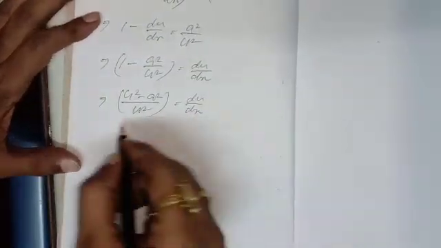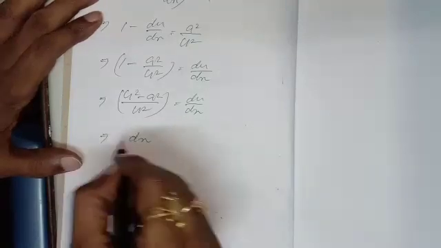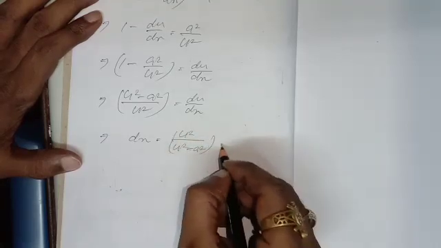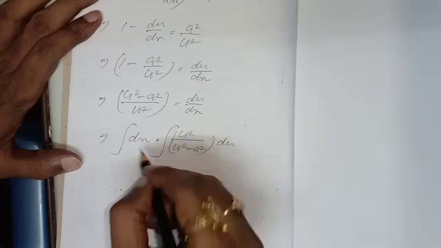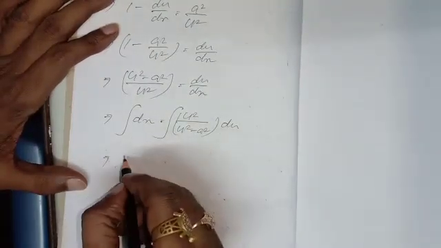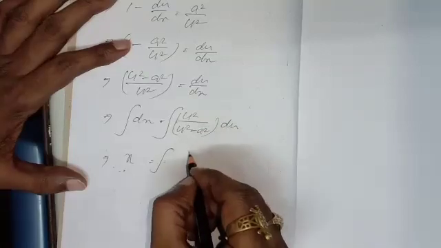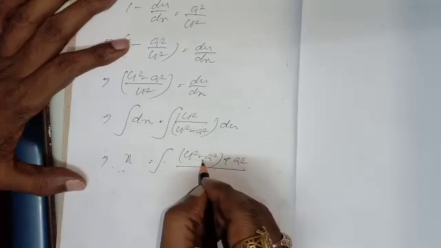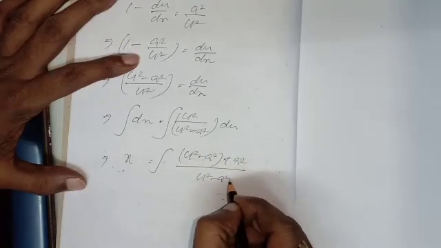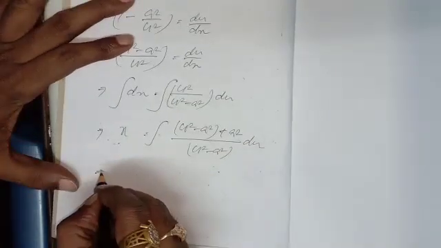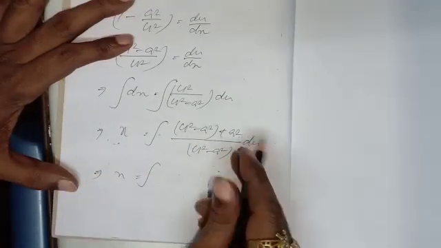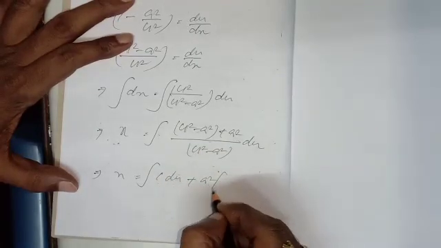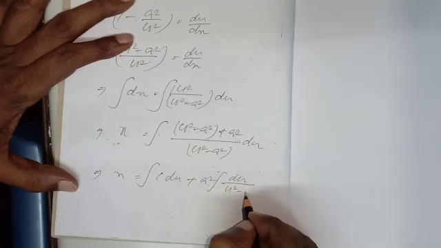After that you have to separate the variables. It will be dx on this side, and this will be u square by (u square minus a square) into du. After the separation of variables, you have to integrate both sides. Integration of dx is x, no doubt. Here do one thing: u square minus a square and plus a square. Subtracted a square and added a square. Why am I doing like this? Just to follow. If I separate the fraction, this will become (u square minus a square) by (u square minus a square), which is 1 du, plus a square constant taken outside, du by (u square minus a square).